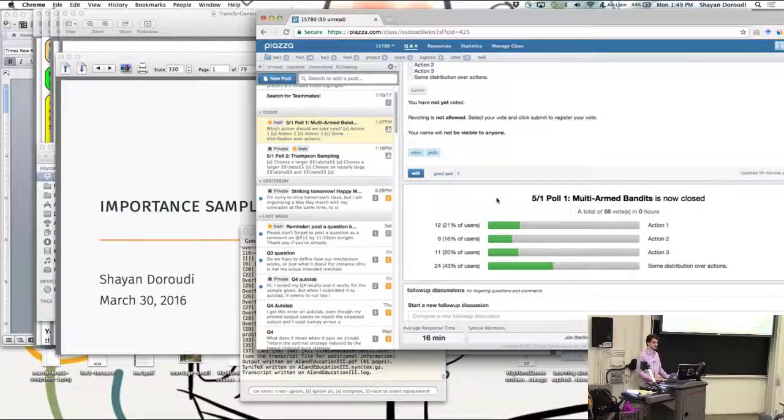OK, everyone done? All right, so let's see what people said. Oh, wow. That's a pretty even distribution over the different actions, but a majority of people said some distribution over the actions. So who wants to justify any of these answers? Who's confident about their answer? Yeah. You don't know whether the results you have got were a fluke or not. So it's better to take a distribution over the actions as opposed to just saying, "Oh, just follow the best one you've taken so far." OK.